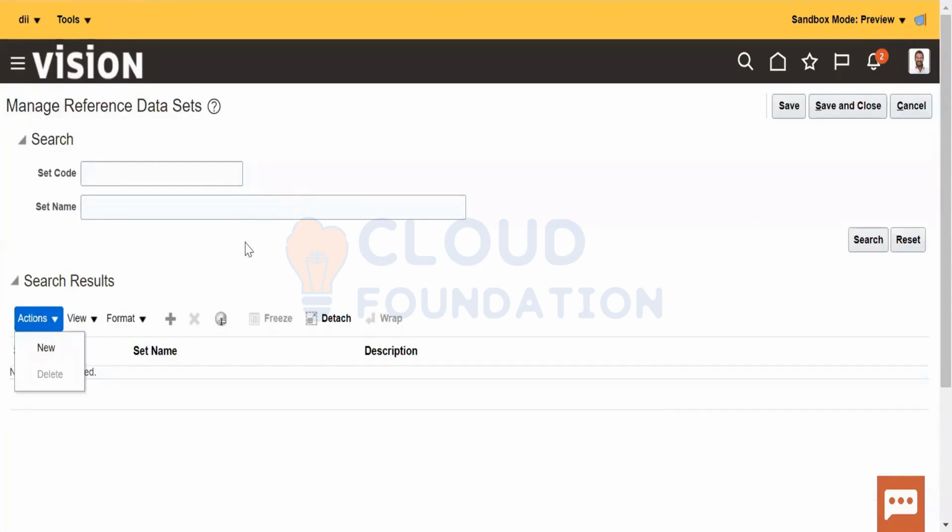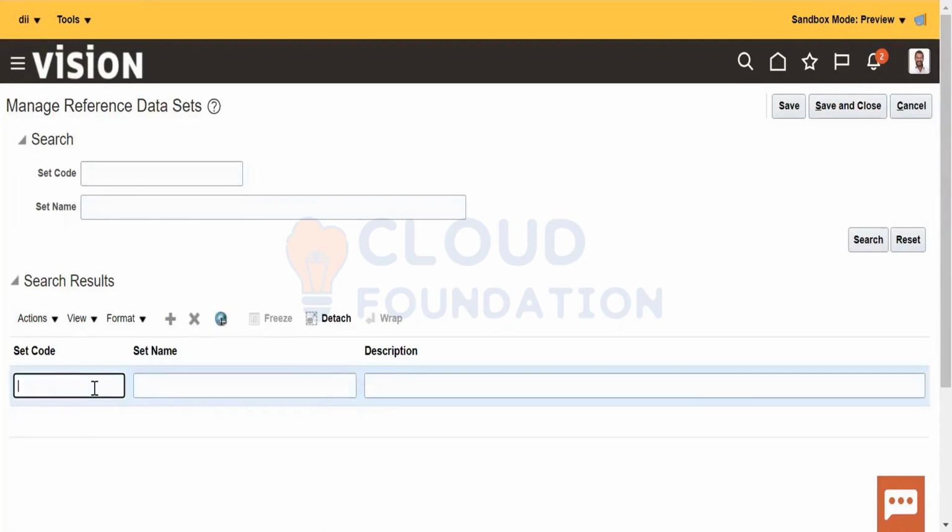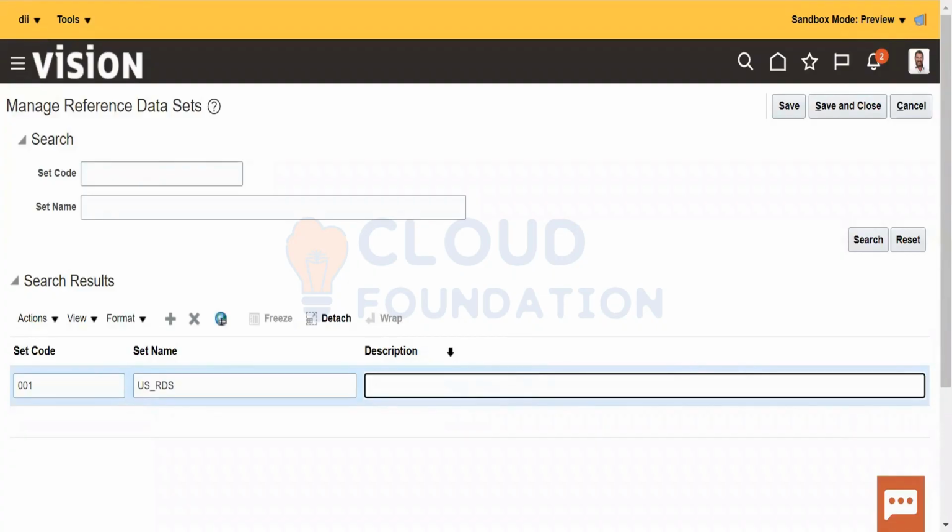Okay, so create a new one. Actions, go to new, or else you can create with the plus sign also. Set type 1001. Set name, suppose I write us underscore RDS. Description, whatever you write.